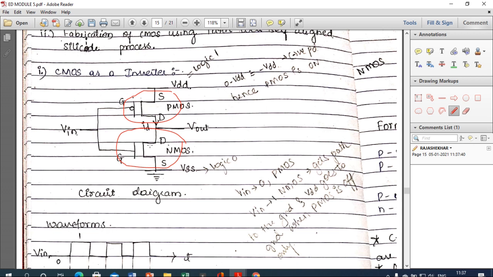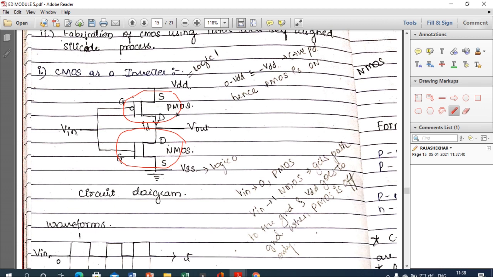So it contains two MOS transistors, and we also call them a complementary pair of MOS transistors, where PMOS is only used to pass a strong logic 1, whereas NMOS is used to pass a strong logic 0. So that is the importance of these MOS transistors. And remember, PMOS is on only when the input of the PMOS is logic 0, whereas NMOS will be on when the input of this NMOS is logic 1. So you guys need to understand it properly.